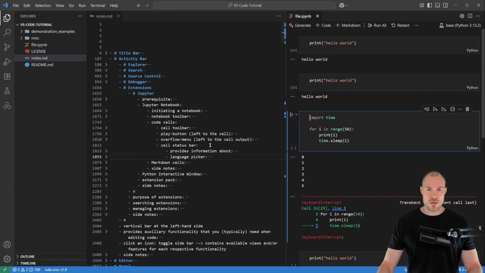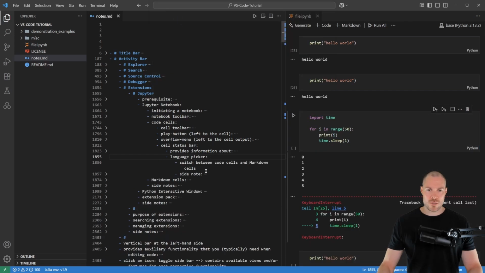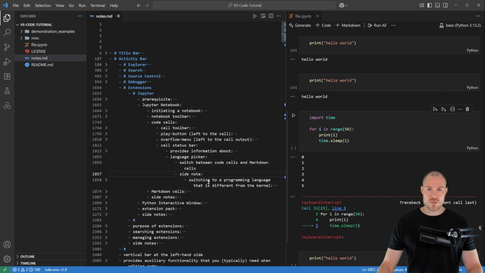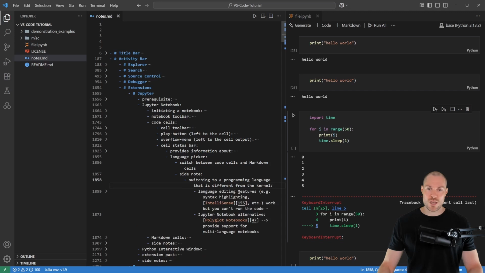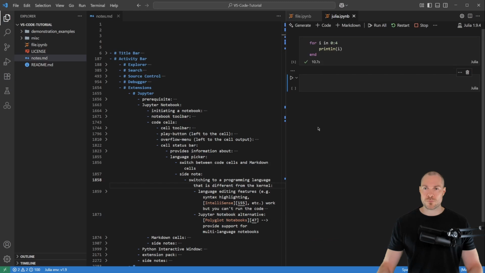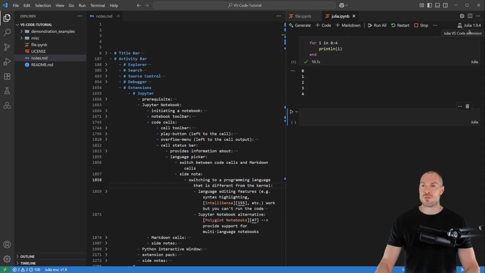And here I also have a side note, namely this is about switching to a programming language that is different from the kernel. Namely in that case, the language editing features like syntax highlighting or IntelliSense work, but you can't run the code. And to show that, I've prepared here another Jupyter notebook. So here I use the Julia kernel, and then here if I run the cell,